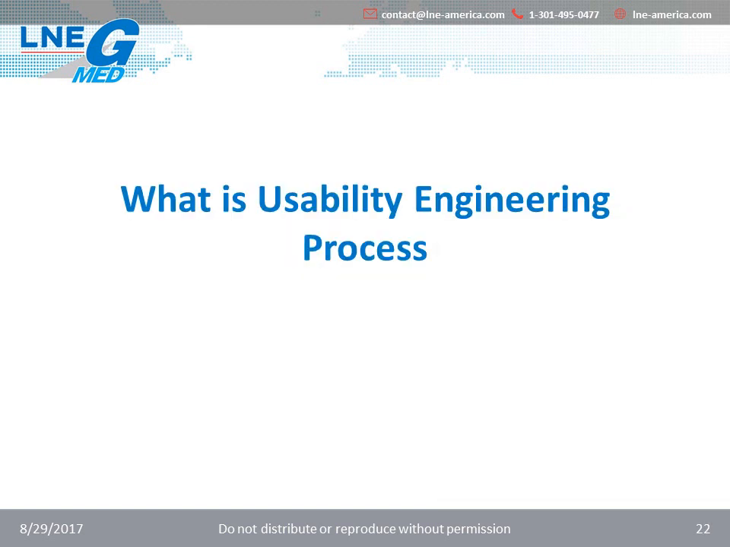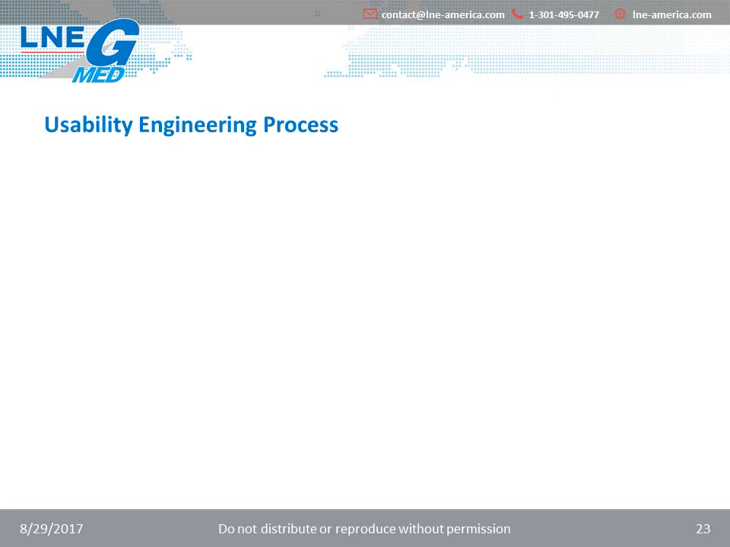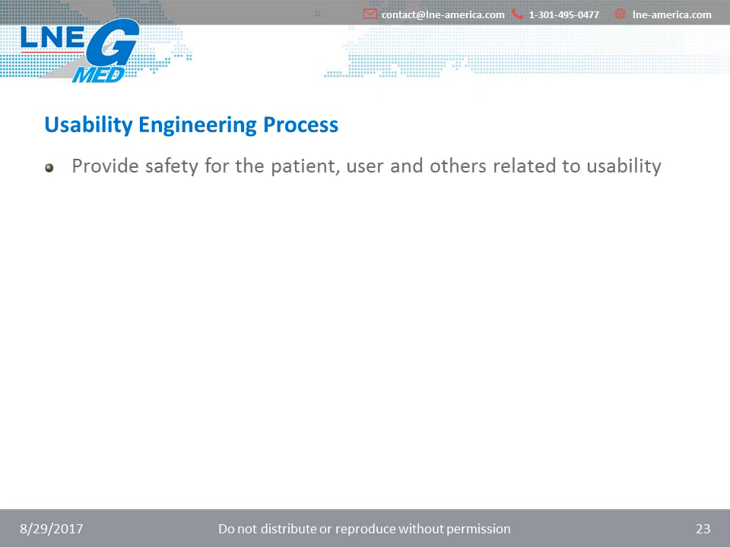As we have just seen together, the main focus of the usability standard is on the usability engineering process. So let's see how the standard defines this process. The standard describes the purpose of the usability engineering process as a means to provide safety for the patient, user, and others